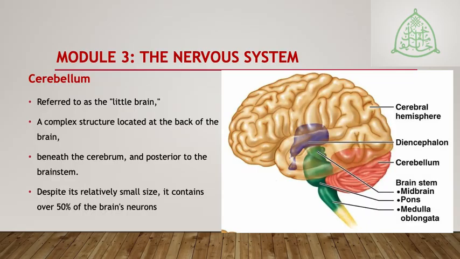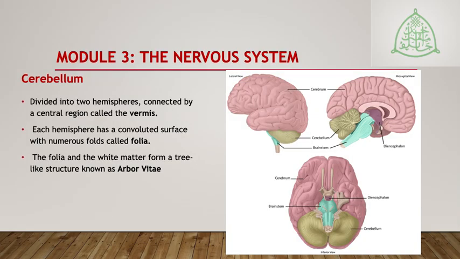It's also almost as large as the cerebral cortex, but it is folded and thinner so that it looks smaller as compared to the cerebral cortex. And it contains about 50% of the neurons of the whole brain, so it's significantly similar. It's divided into two hemispheres, and then we have one part sitting at the middle, which is referred to